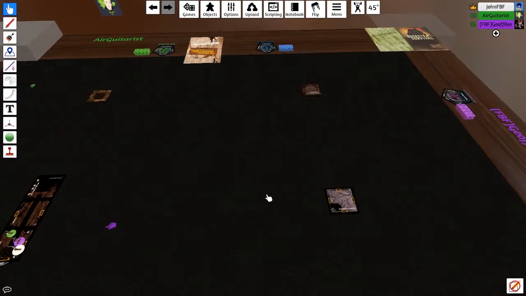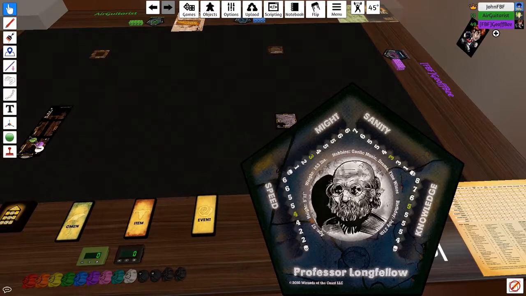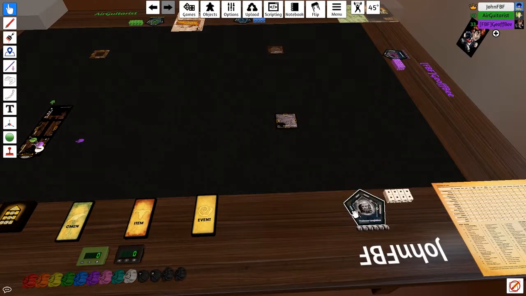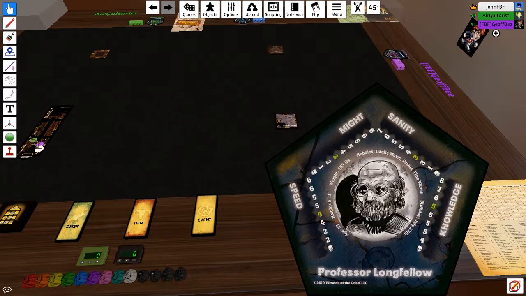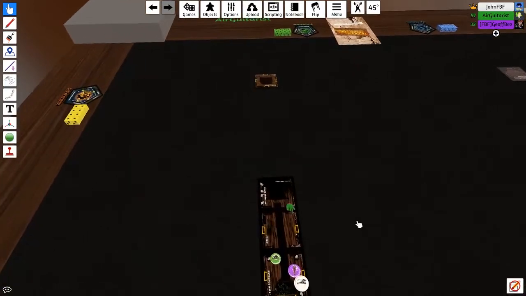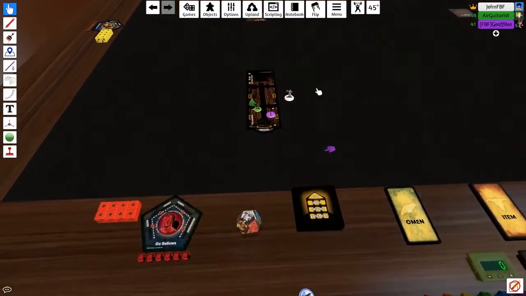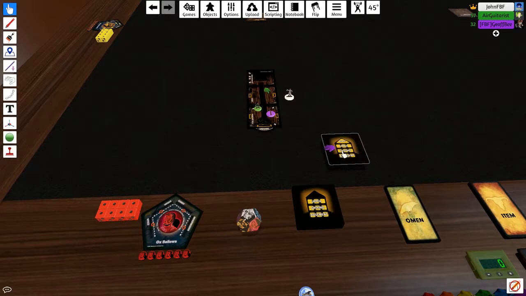Come on, Professor Longfellow, let's go into this spooky house. It's my Professor, go first. Let's go. We get to move the number of spaces equal to your speed stat. So I've got a speed of 4. I too have a speed of 4. My speed is 4. So I will, on my turn, move up 1, and then off to this side, and I will find